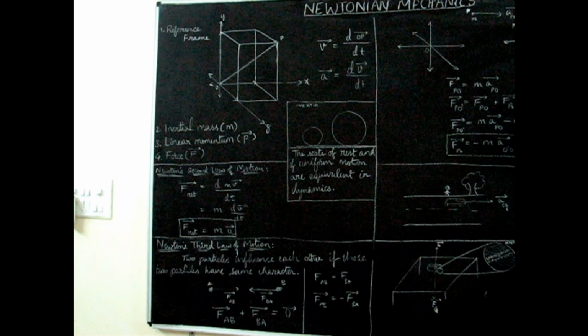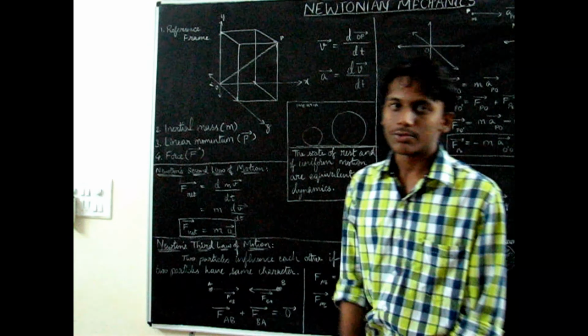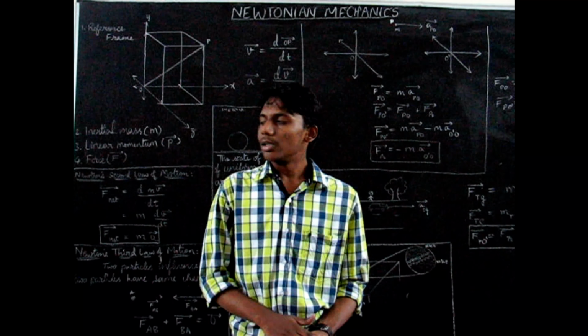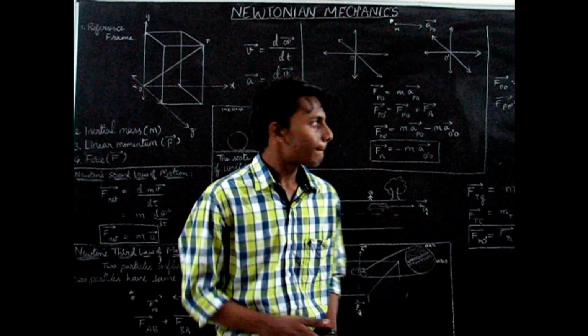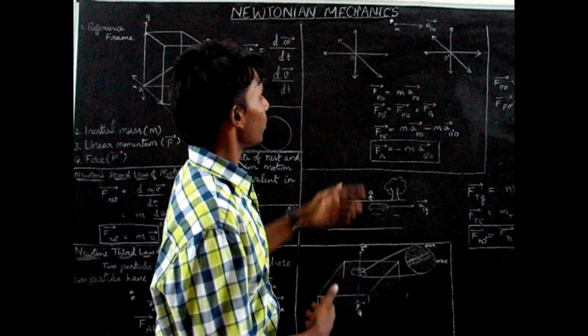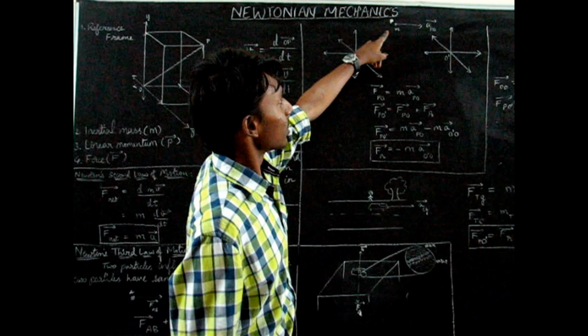And now we are going to discuss the types of reference frame. Reference frames are of two types. First one is inertial reference frame, and second one is non-inertial reference frame. And from inertial reference frame we can define the quantity of inertia, and from non-inertial reference frame we cannot define the property of inertia, because consider a